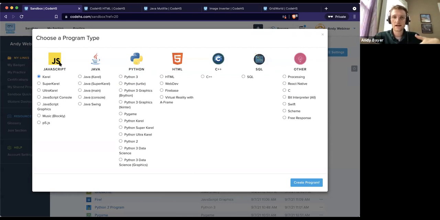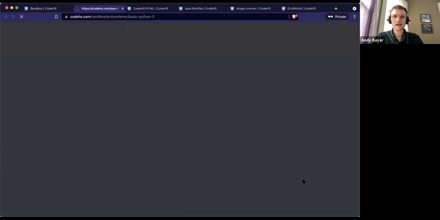And then, like I said, we have each programming language listed, and within that, we have more specific flavors of that language. So that can be a version, Python 2 or Python 3, but it can also be something like Python with graphics, Python with Pygame. I'm going to leave it up to you to explore these and find what the differences are and the cool things you can do in each, but we're going to go ahead and get started with a Python 3 program. So I check the box for Python 3 and click Create Program,